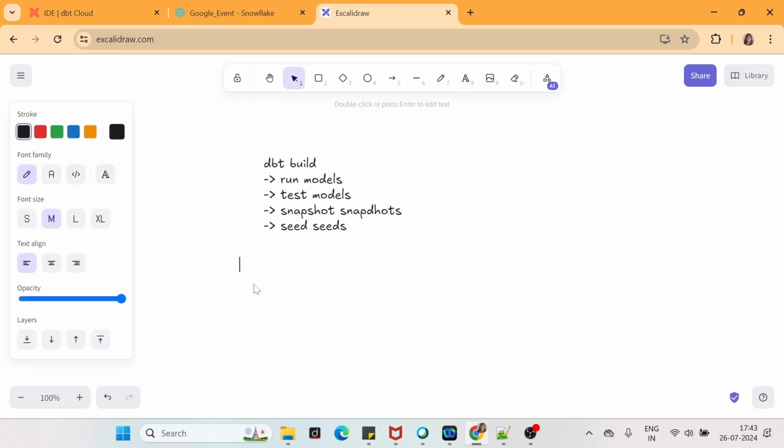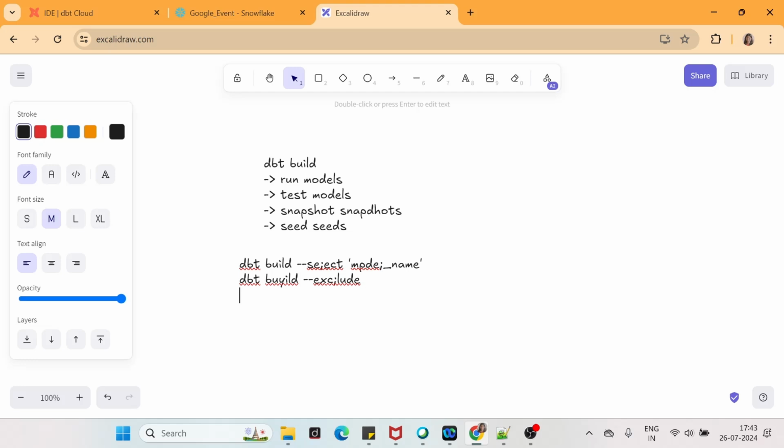The first parameter is dbt build --select, and we can give our model name here. The second parameter is, let's say I want to run the entire project but exclude some of the models or some models inside some folder.